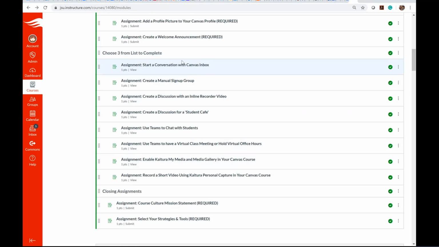You are not required to include any of these assignments in the course that you're building for the COI. These are practice assignments for you to get used to using the Canvas inbox. The Canvas inbox is currently the email system inside Canvas, and it is connected to the Outlook email. So if you start an email in Canvas, your students will receive that email in Canvas and in their Outlook, and they can respond directly from Outlook. So it keeps track of both.